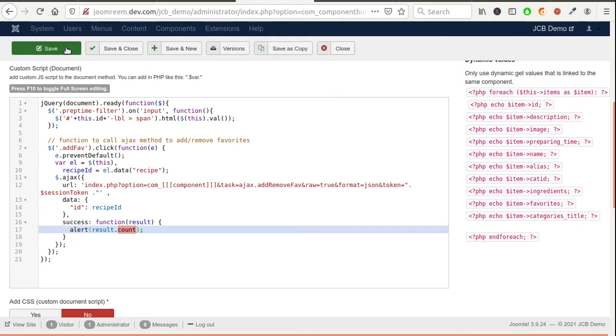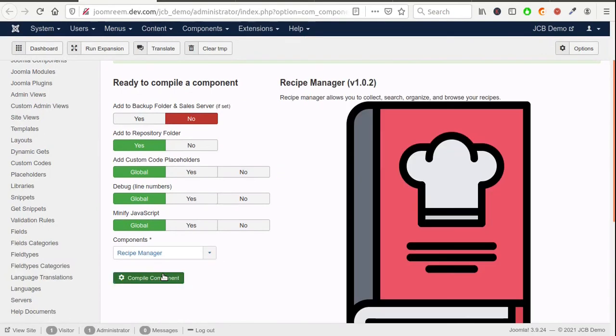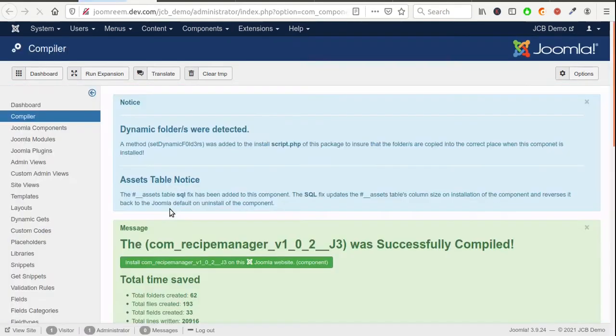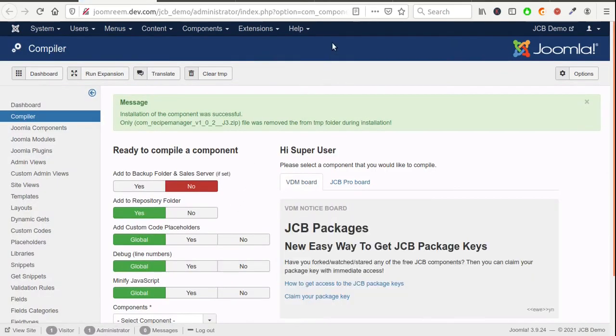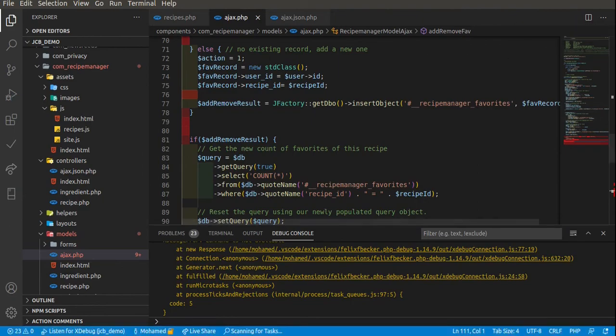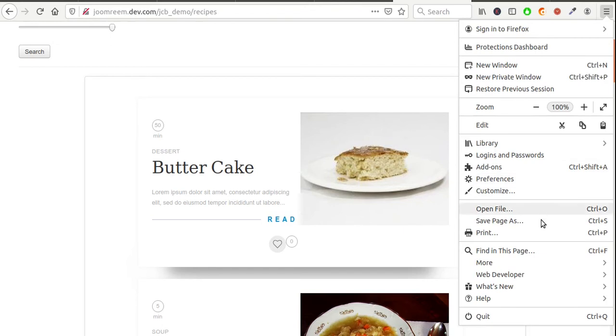Save, compile and install. Refresh. Seems another problem. Let's check what it is.